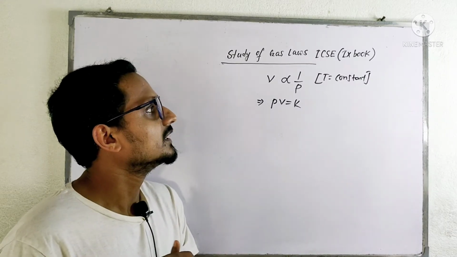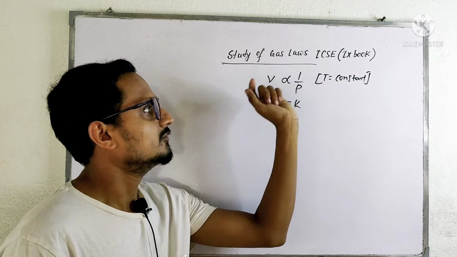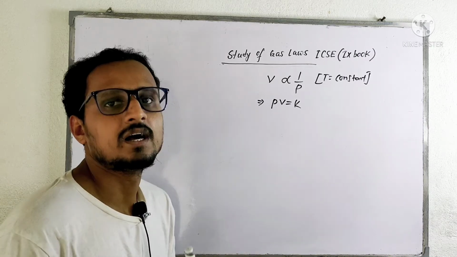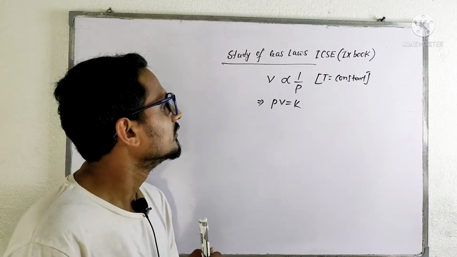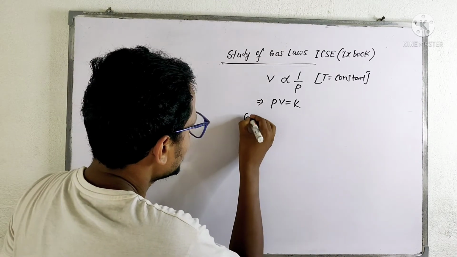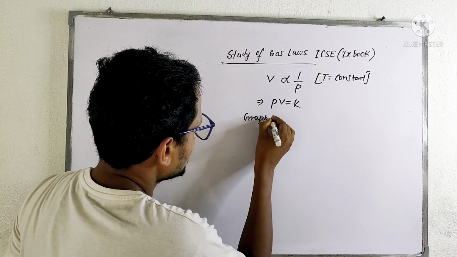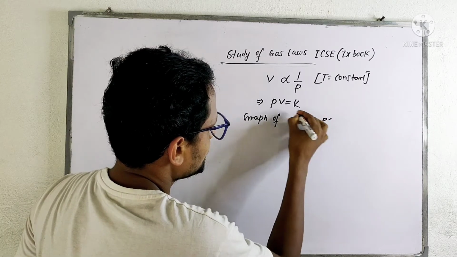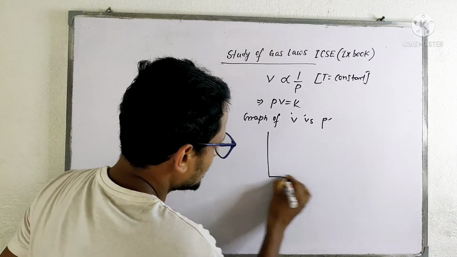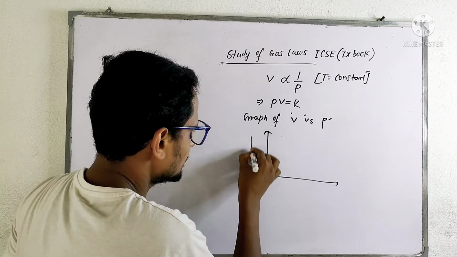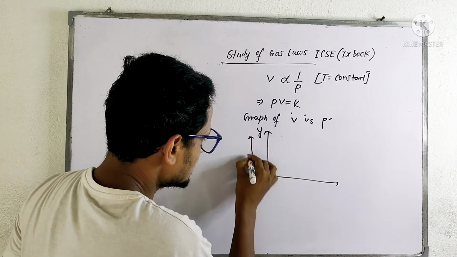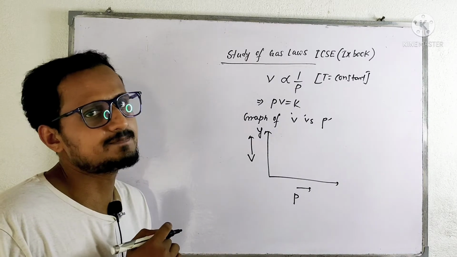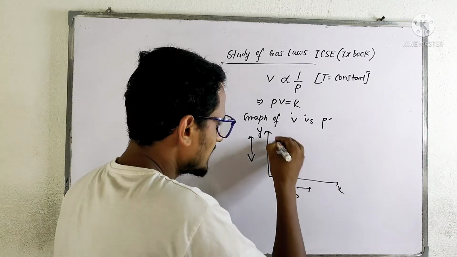Now if one wants to plot the volume versus pressure of an ideal gas, then what kind of graph will we get? A plot of V versus P for an ideal gas. We can place volume along the y-axis and pressure along the x-axis. V versus P. So we will get a curve like this,